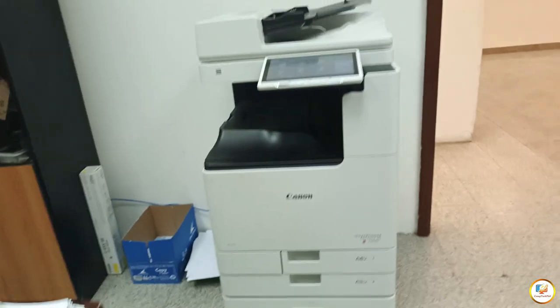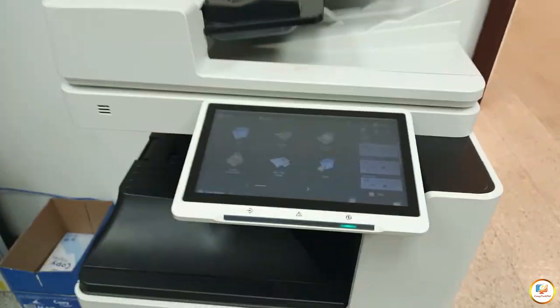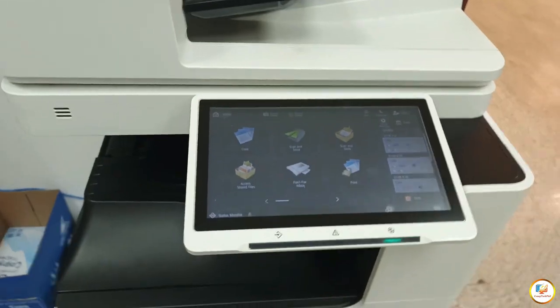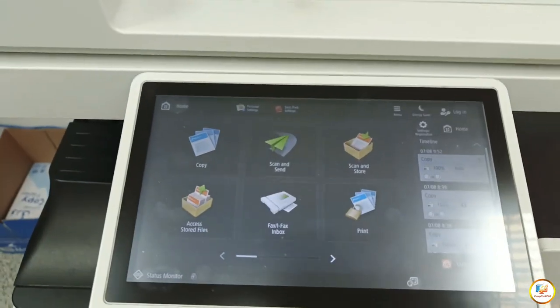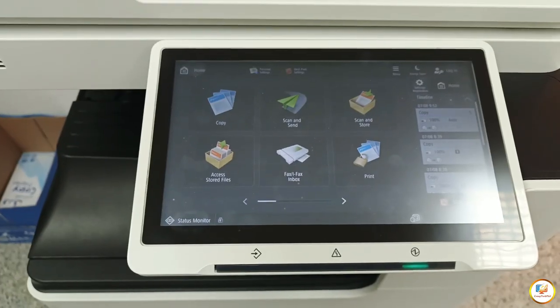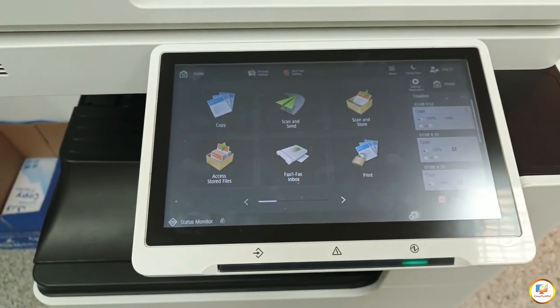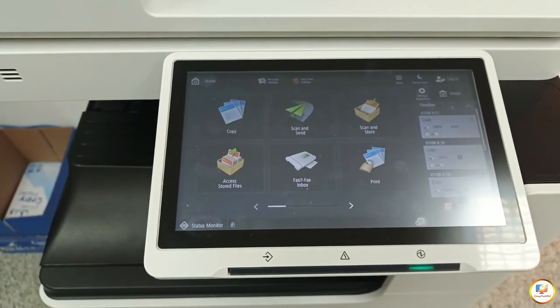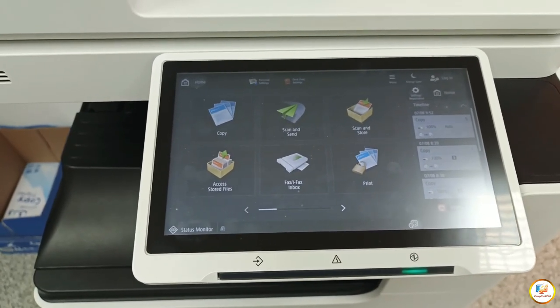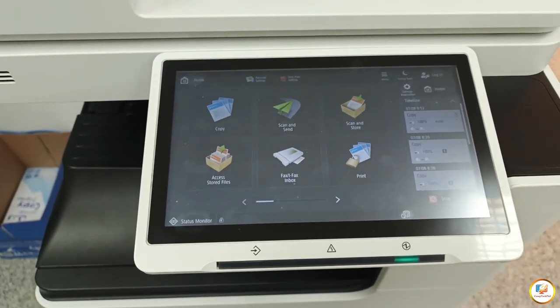We're going to reset the forgotten administrator password for this machine, because maybe the previous administrator of this company has left, so nobody knows the password of this machine.